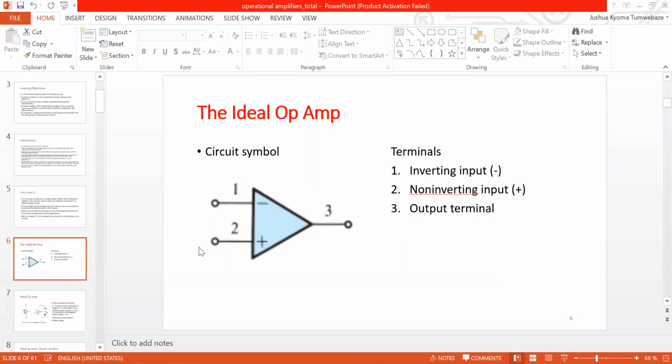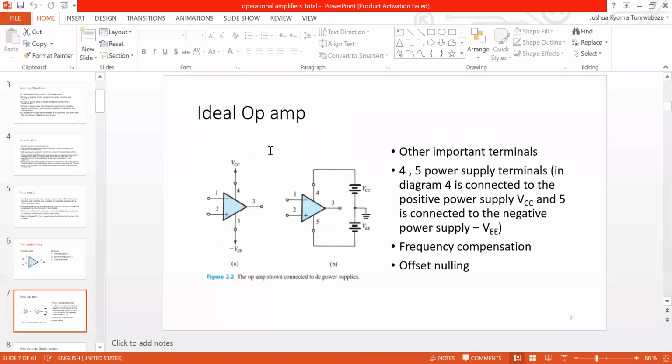So as I was saying, these 3 terminals are not the only ones on an op amp. We need to have more terminals. You find that the IC has 8 terminals. So let's start by introducing 2 more terminals. If you look at the figure